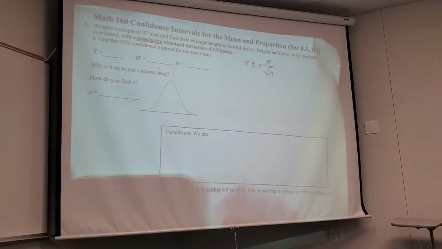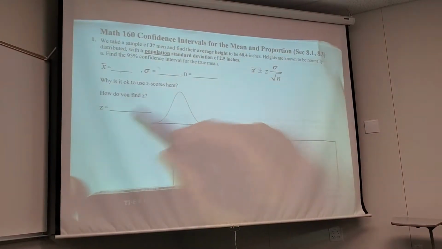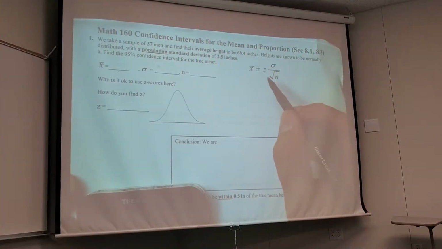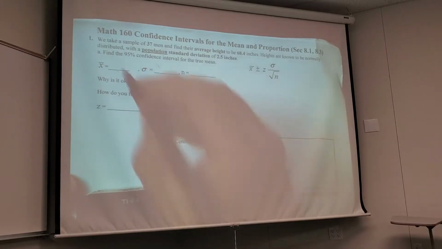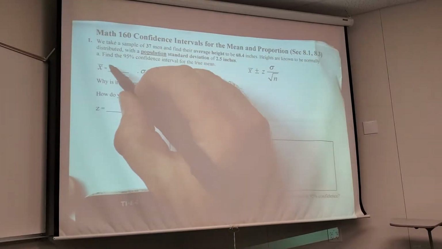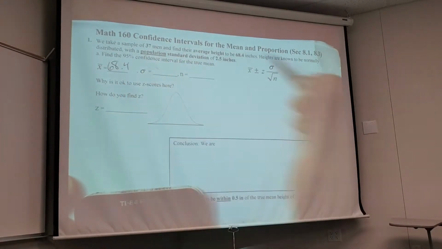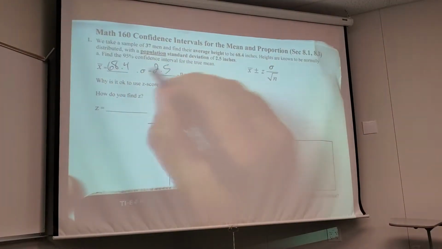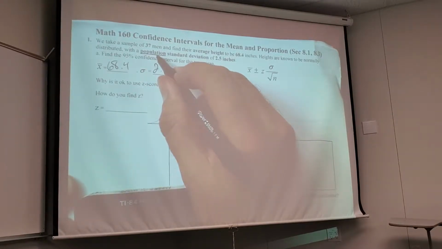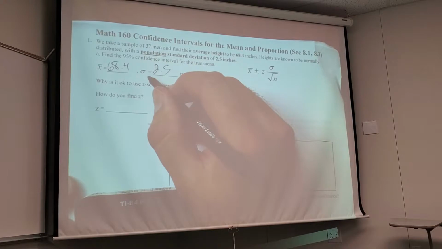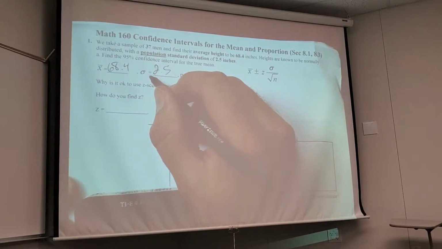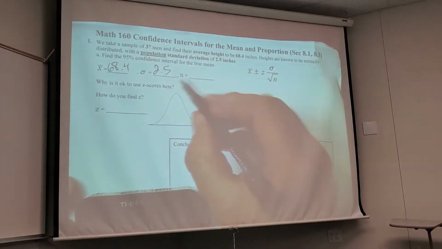Two parts that should trip people up sometimes are finding the z-score and then putting this in the calculator correctly. So I tell you everything. What's x bar? 16.4. What's sigma? 2.5. Why is it sigma, not s? Beautiful. So later today we're going to learn what to do if I only know s. I'm going to have to change something here. N is,